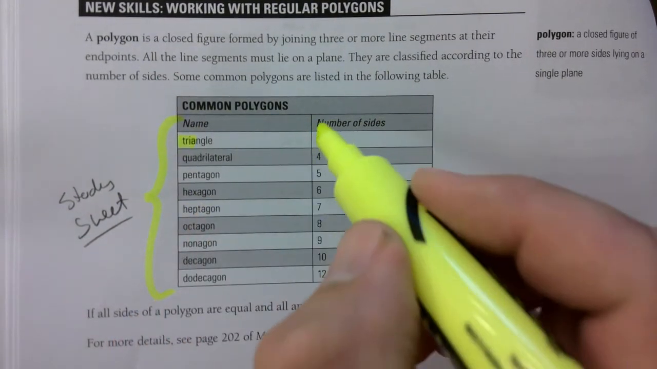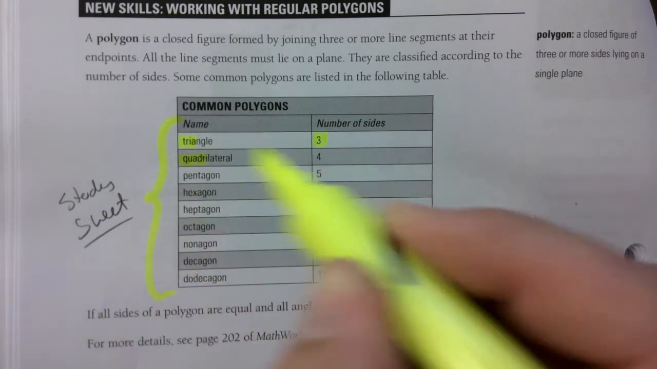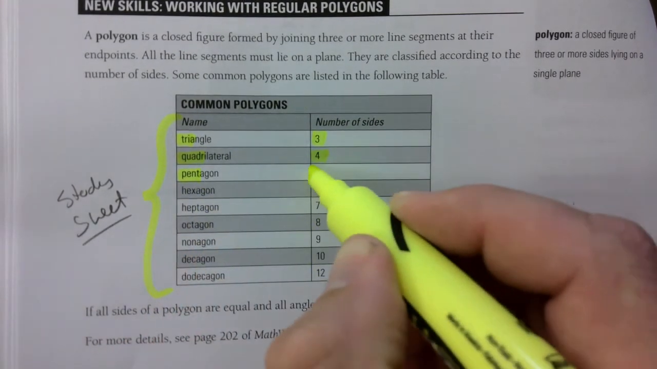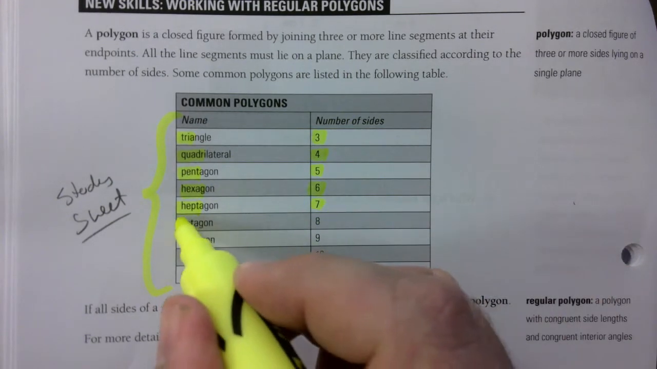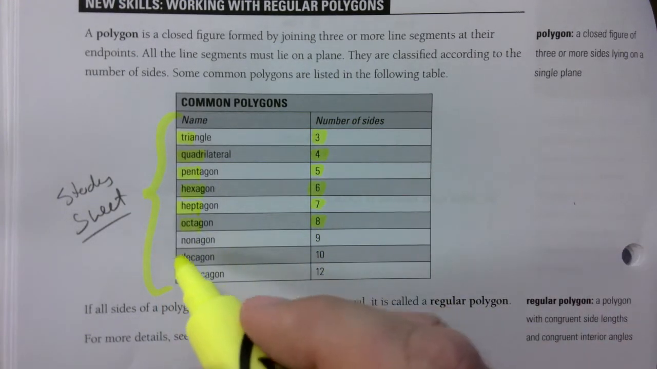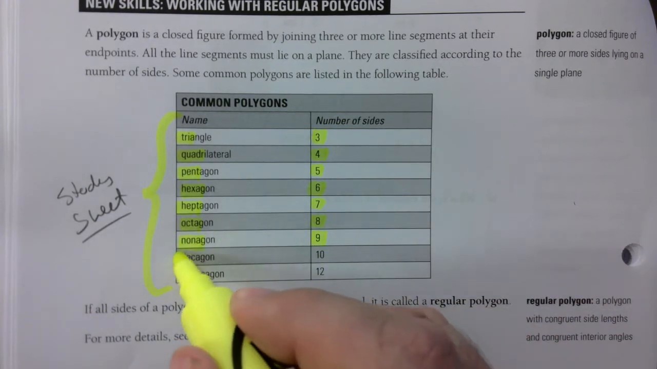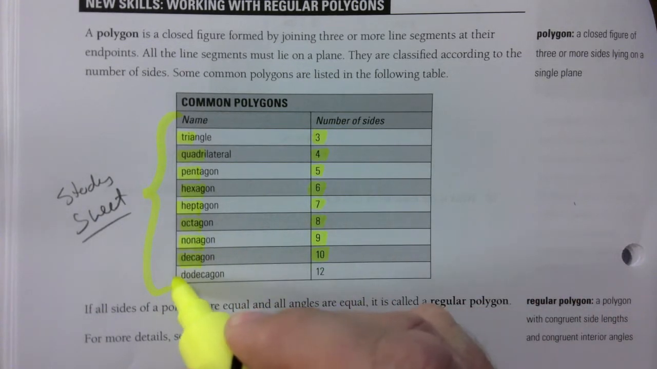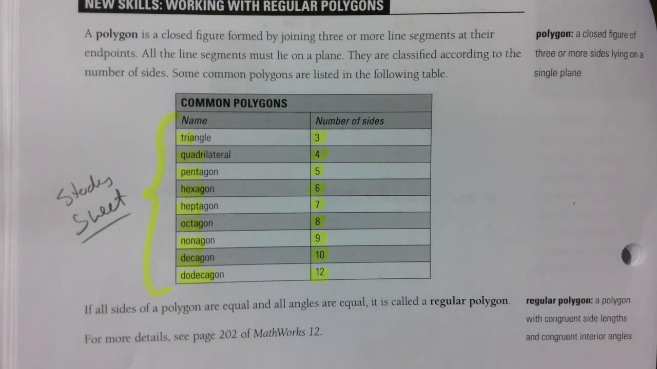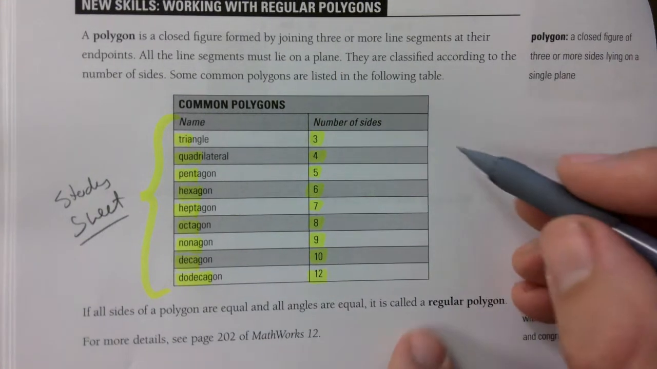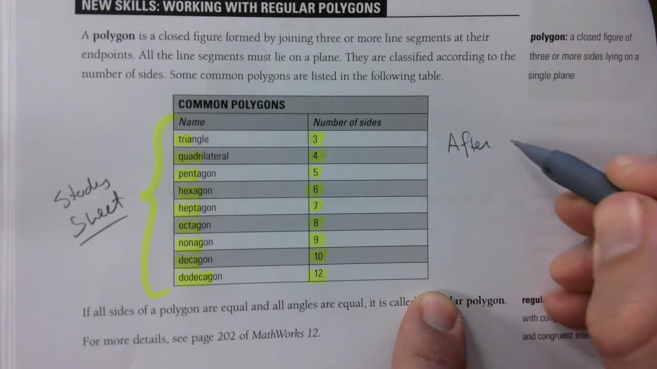So tri is 3, quad is 4, pent is 5, hex 6, hept 7, oct 8, nona is 9, deca 10, dodeca is 12. What happened to 11? We just call it 11-sided. I don't know why. There's probably a name for it, but we won't worry about that. So after 12 sides,